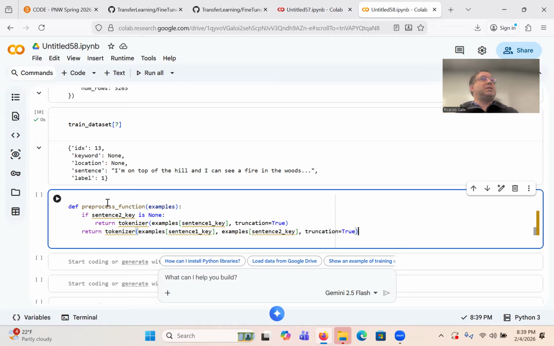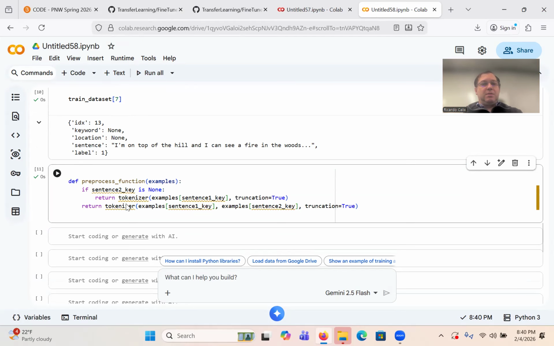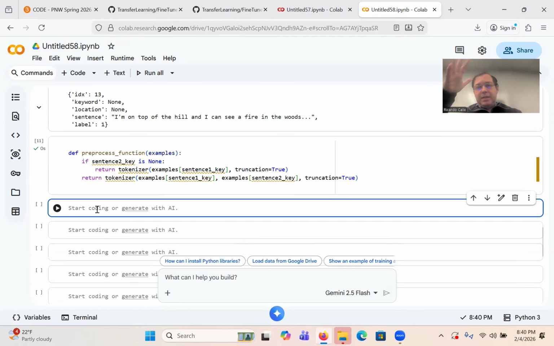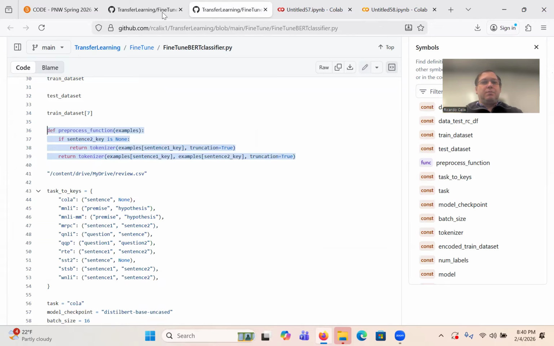So they had this notion of a sentence one key, sentence two key, right? And that just means that sometimes you did have a question and an answer for that task. So that's all that this is doing, okay? It's overcomplicating things. We just end up using sentence one key here. But this is the process, like I said, I'm adapting this to be able to train a classifier. All right.